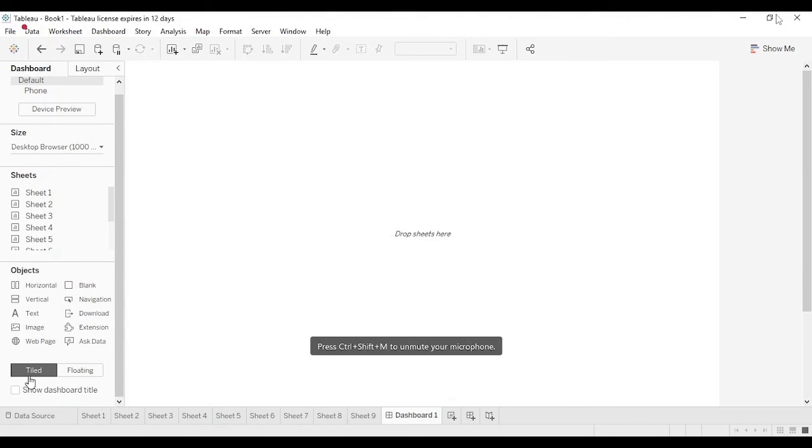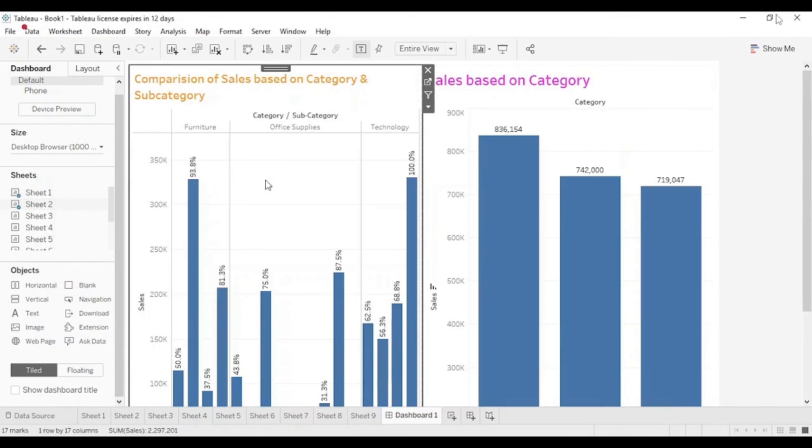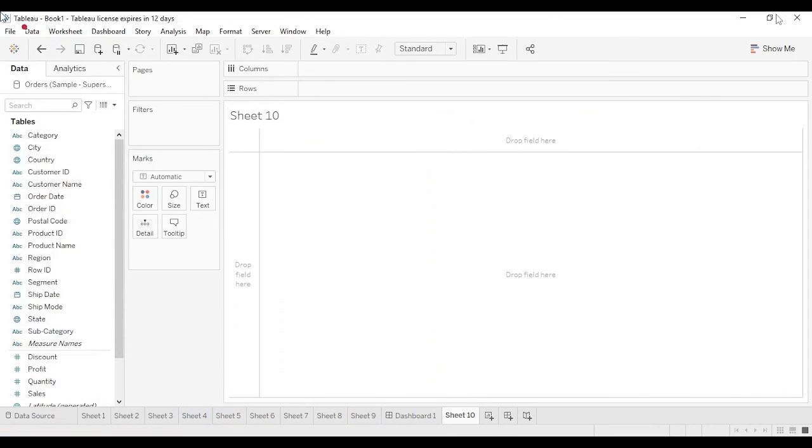Whenever it is tiled, the tiles are placed in a fixed way. Once a tile is placed, it is fixed and we can't move it. Suppose you want to move them, then you can place it as floating. So we can observe both differences. First, I'll go with the tile. Simply I can drag and drop sheet 1, so sheet 1 will be placed in the entire dashboard. Now I want to move sheet 2 also, then it automatically adjusts. By default it is placed horizontally. If I want it vertical, simply